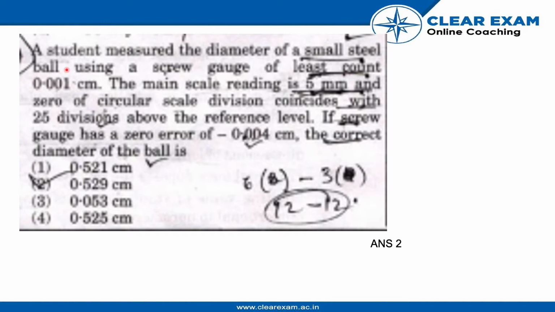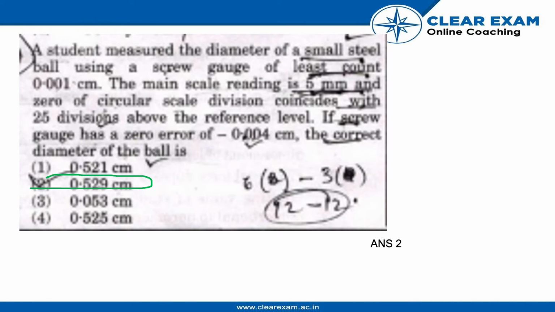Hello, so the next question is: a student measured the diameter of a small steel ball using a screw gauge of least count 0.001 centimeter. The main scale reading is 5 mm and the zero of the circular scale division coincides with the 25 divisions above the reference level. If the screw gauge has a zero error of minus 0.004 centimeter, the correct diameter of the ball is. So the correct answer